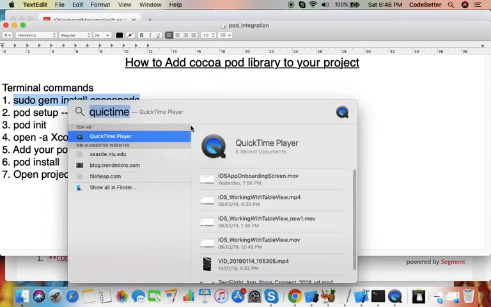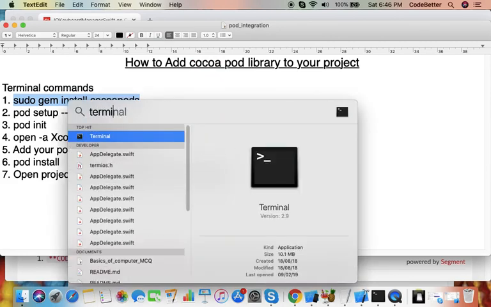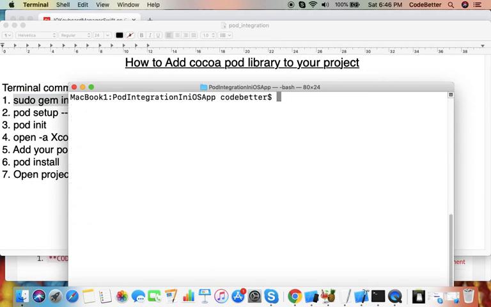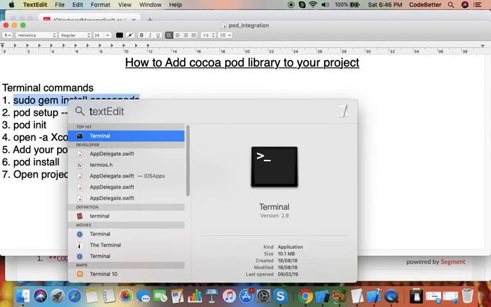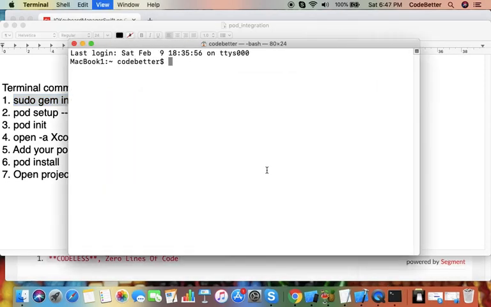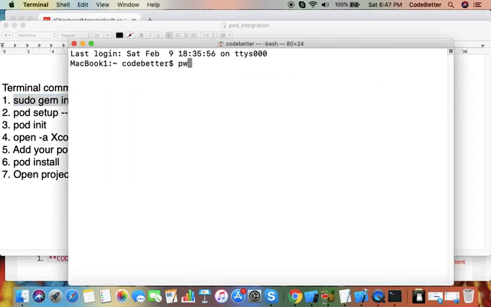So we go to the terminal. Let me show you from the start. Here I have this terminal. Currently the terminal is on the current user's folder.